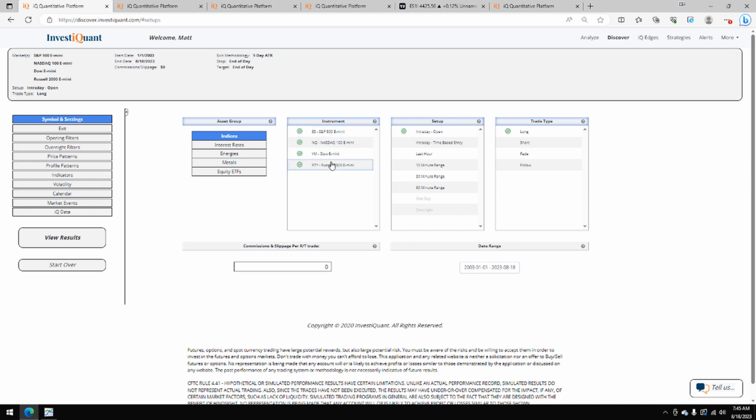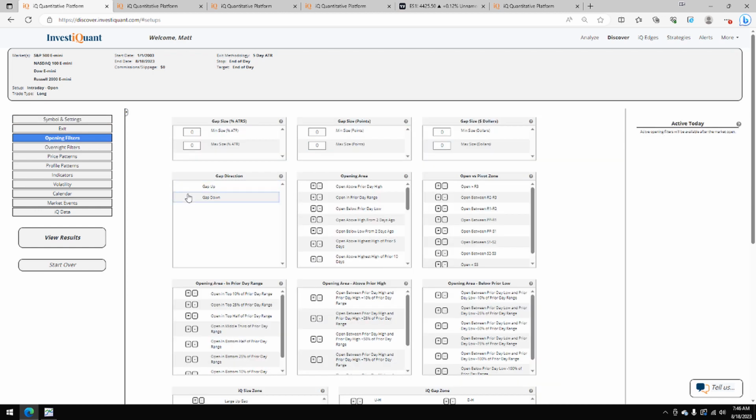We're using all four instruments. Our setup's based upon entering long at 9:30 a.m. Eastern Time, exiting at 4:15 p.m. Eastern Time. Currently, we're trading lower in the overnight session, so I've selected gap down from the gap direction